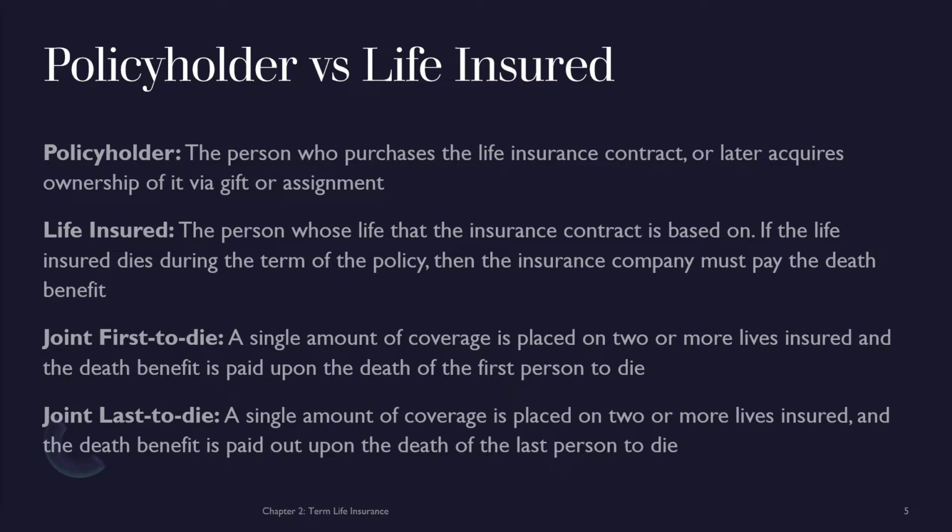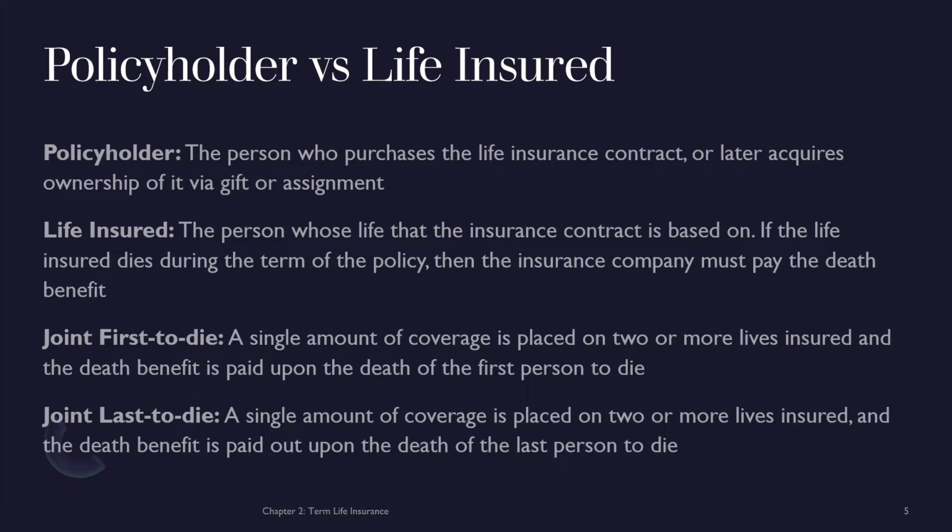Now, within basically any insurance policy, you have the policyholder and the life insured, and these can be the same people, but sometimes they are different people. The policyholder is the person who purchases the life insurance contract or later acquires ownership of it via gift or assignment. The life insured is the person whose life the insurance contract is based on. So if the life insured dies during the term of the policy, then the insurance company must pay the death